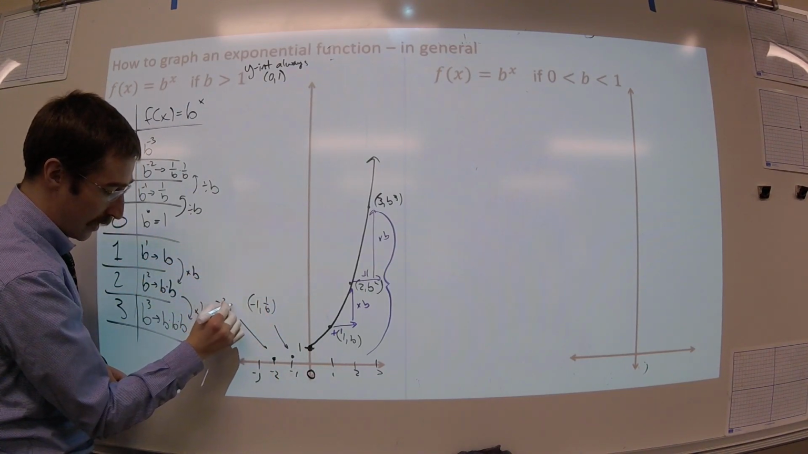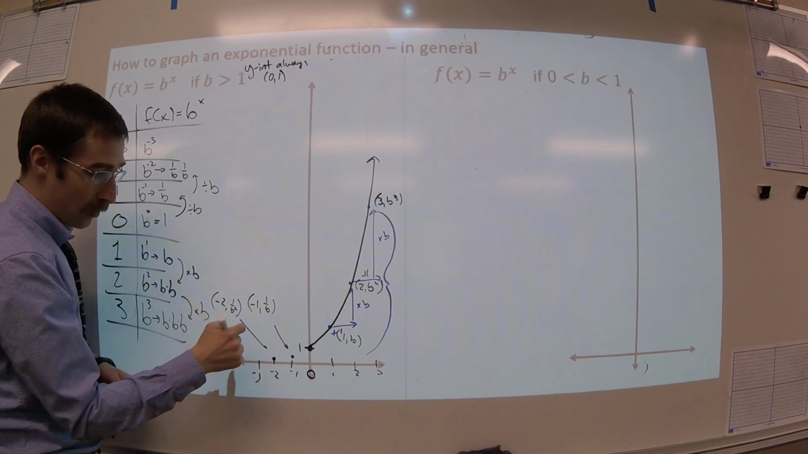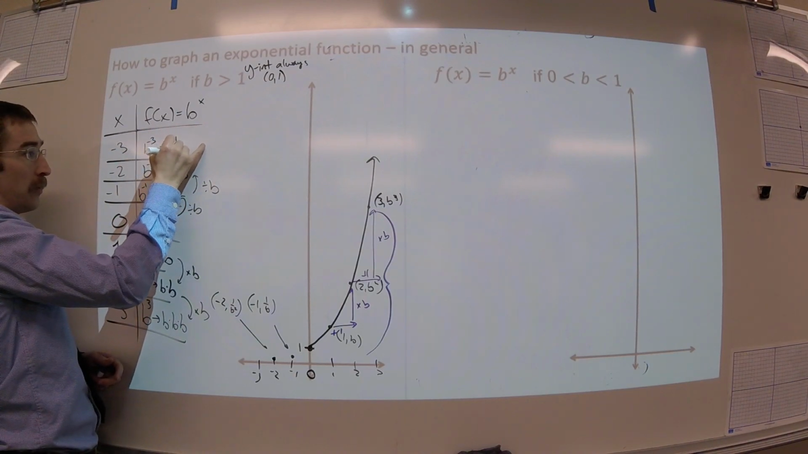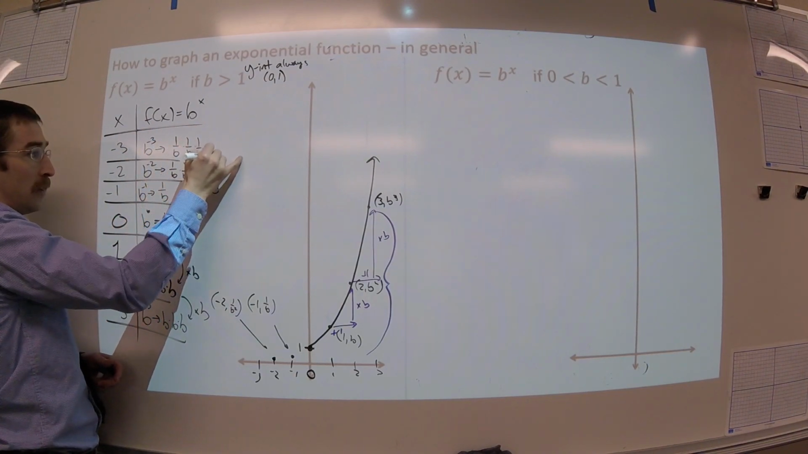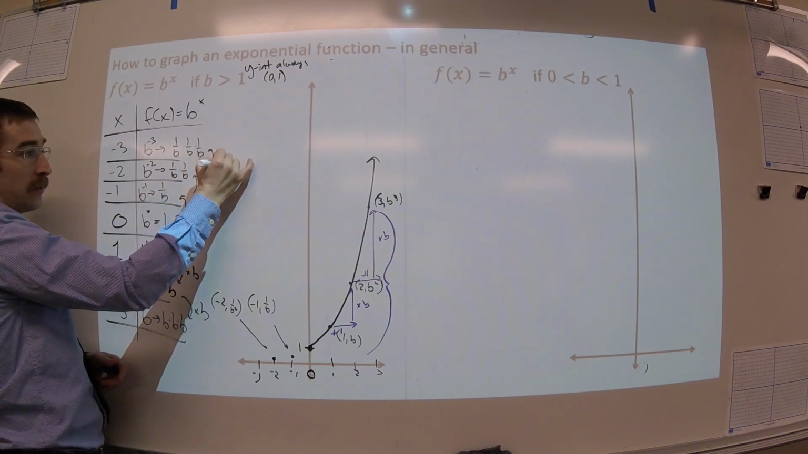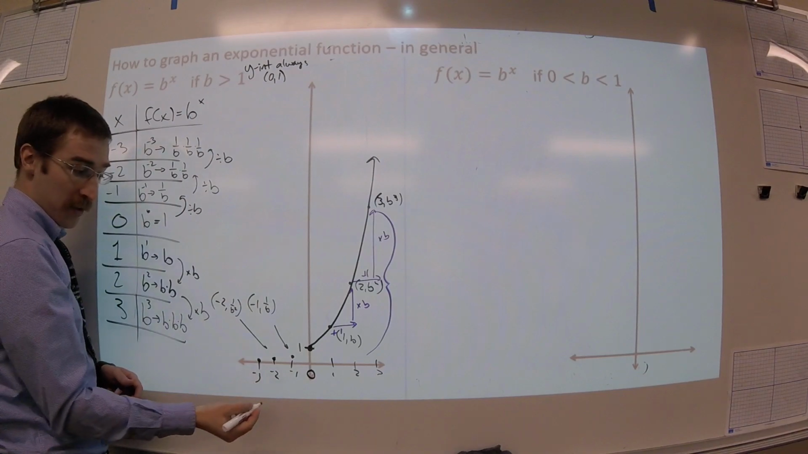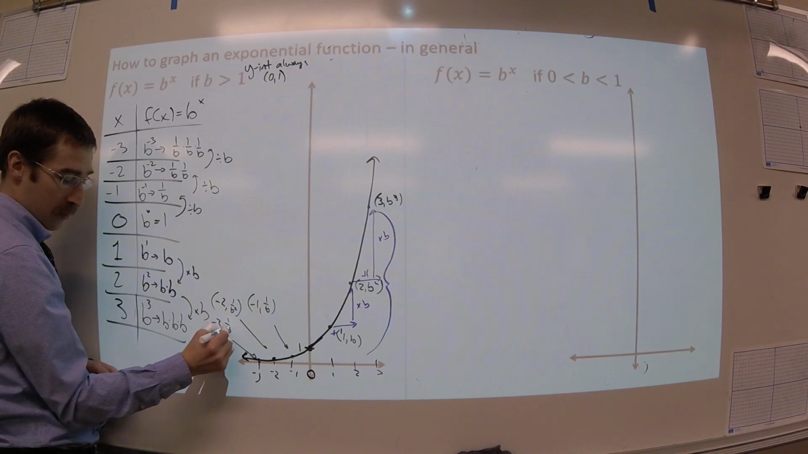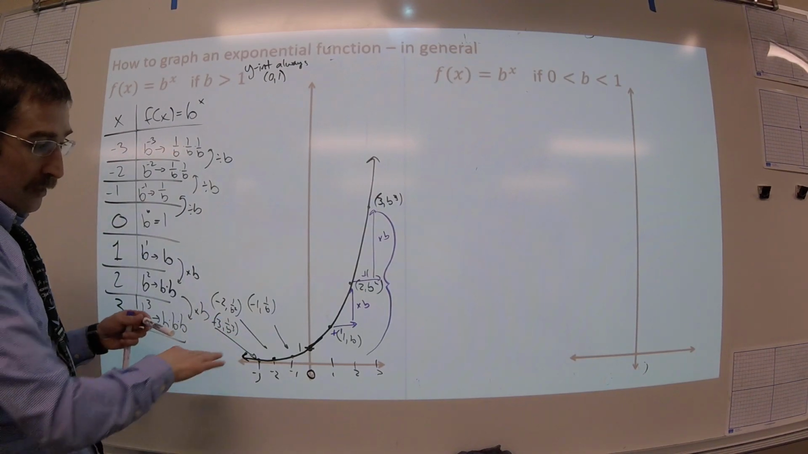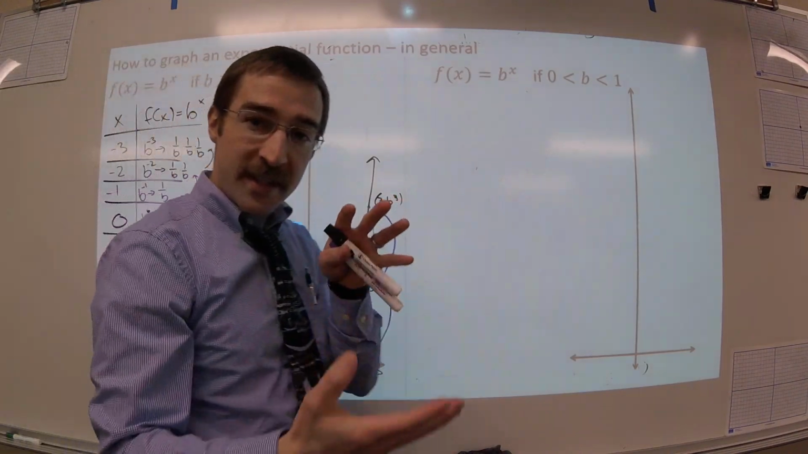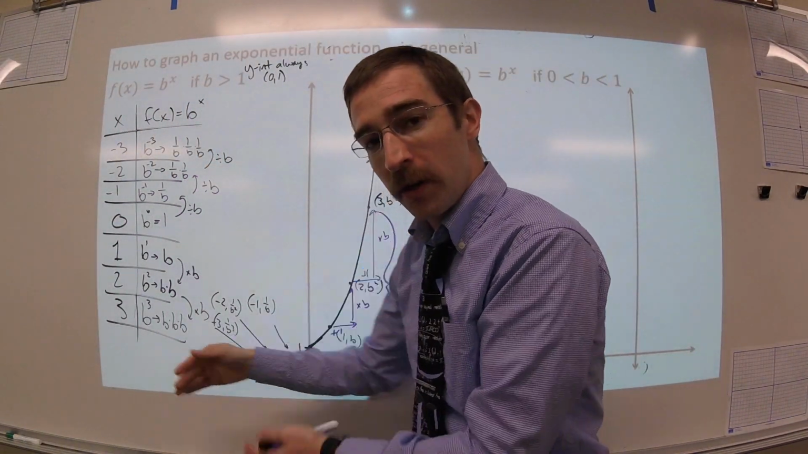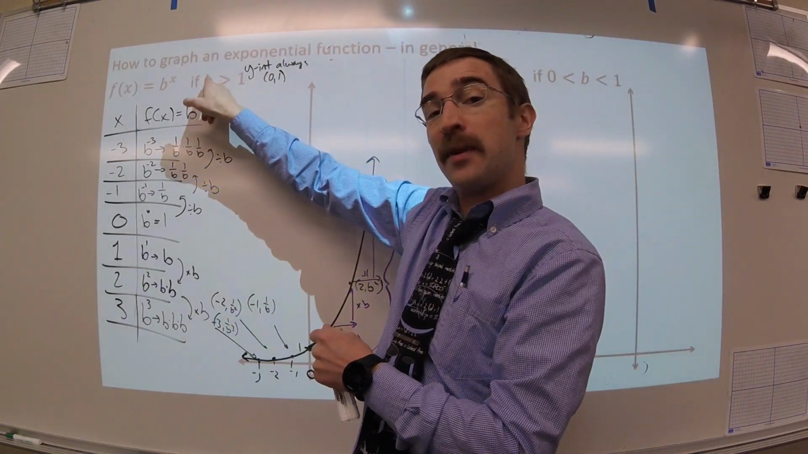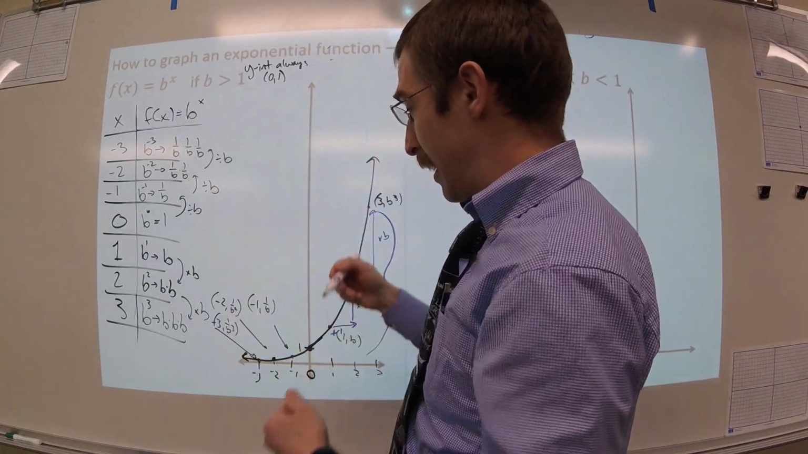So here I have -2, 1 over b squared, or 1 divided by this value. And then here, b to the -3rd is 1 over b times 1 over b times 1 over b, which is this one divided by b again. So it's getting closer to 0. So I get this same shape that I get for 2 to the x, but the steepness, how quickly it approaches 0 and how quickly it shoots straight up, depends on how large or small this b value is. But as long as this b value is bigger than 1, this is going to represent